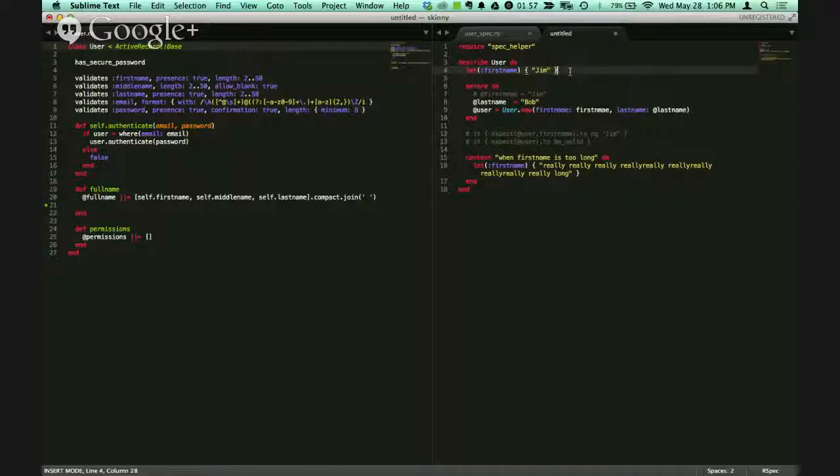Now, one of the downsides to using let is that it can be kind of hard to follow along with. That's one of the biggest arguments against them, that there's a little bit of magic happening under the hood. You may be setting a let up on line 4, but you have a spec that's 200 or 300 lines long, and you're using it down below, so it's kind of hard to figure out, well, where did it all come from? I think that's not necessarily a valid argument because it can be equally as complicated using an instance variable